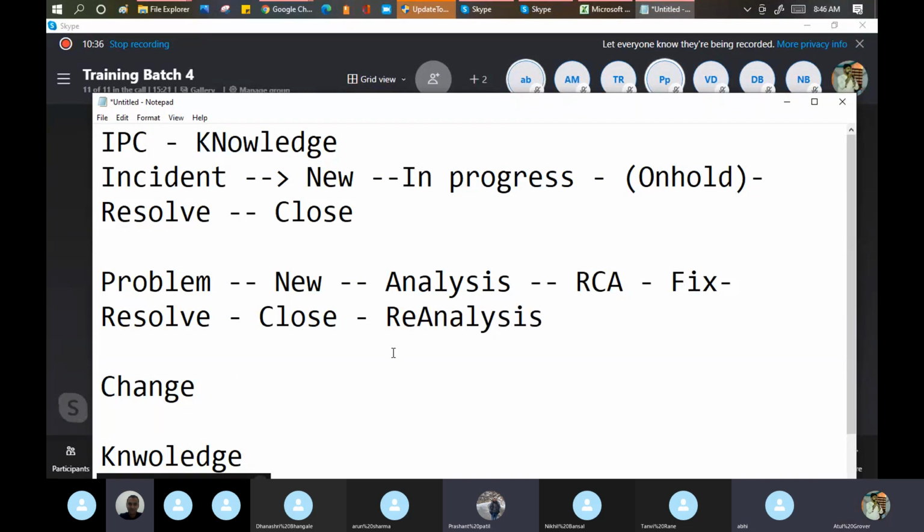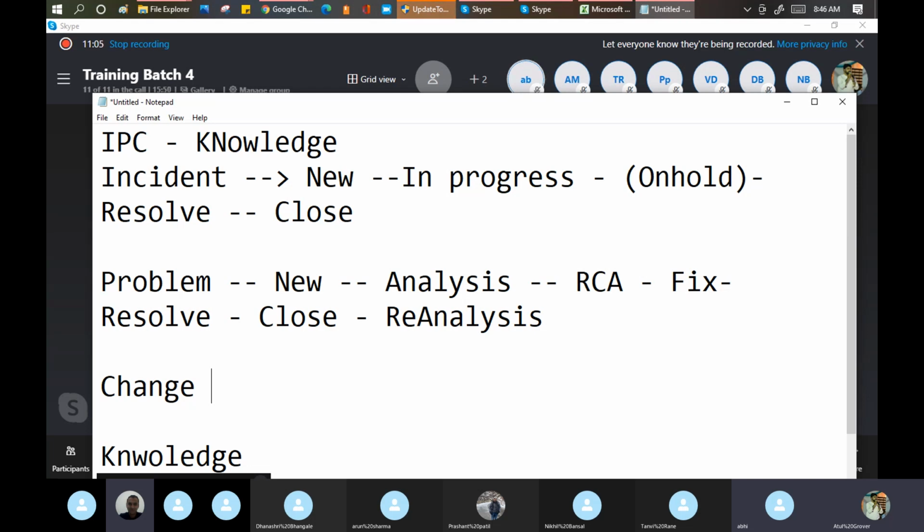Okay, now I come to the change. Change is basically when you want to deploy any code or make any changes in the production system, specifically I'm talking about the production system, we need to raise a change. Let's take an example.